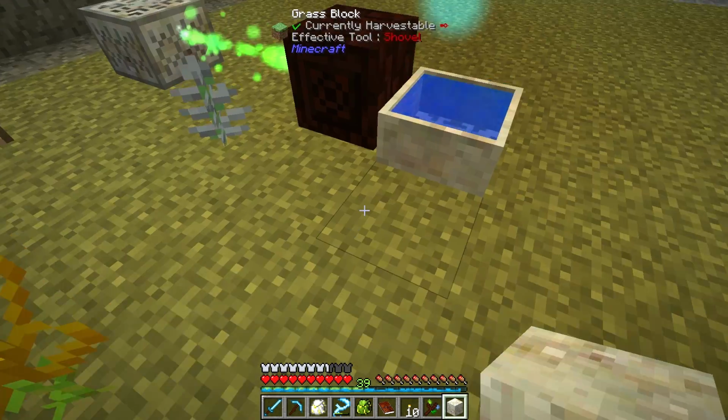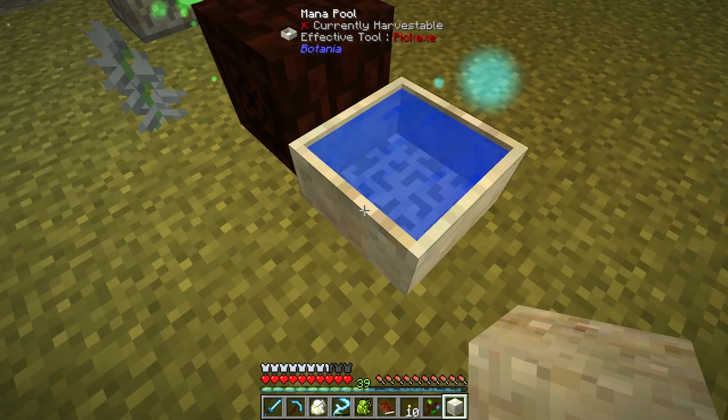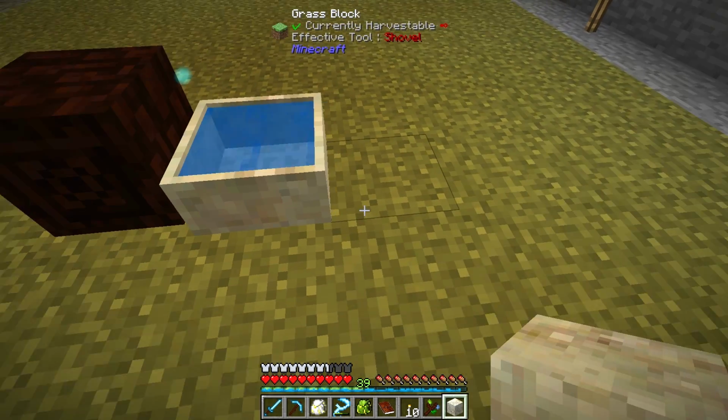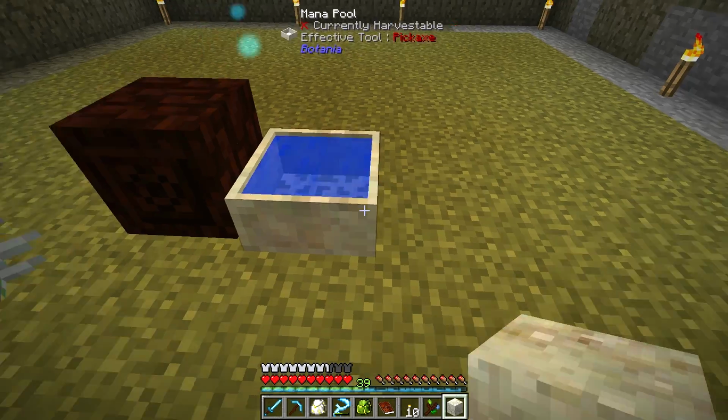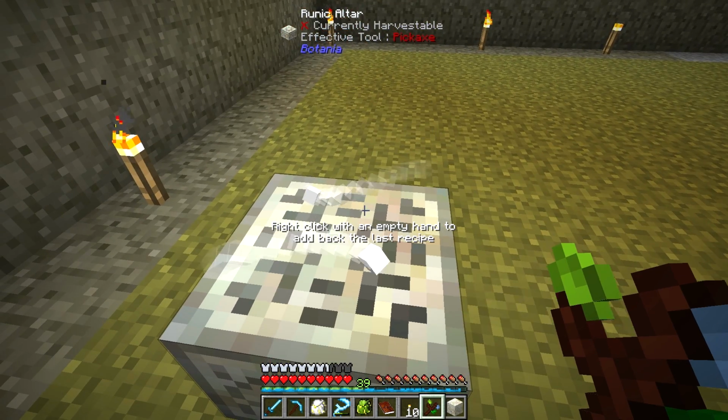Someone else made a comment on what to do with the catalyst under your pool. You can basically put a sticky piston on it and then have a lever. When you want the catalyst under there, you have it set, and when you want it out, you pull the lever and push it out of the way. So that's the way to go. And right-click with an empty hand to add...